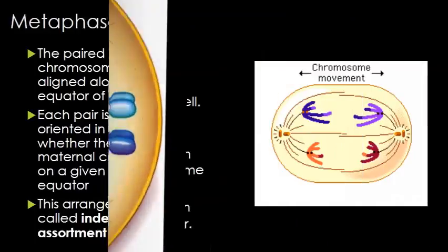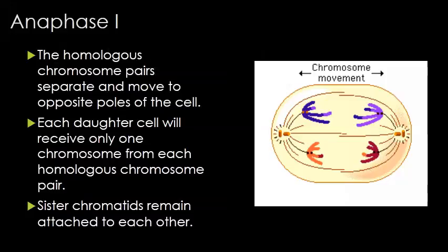reproduction. In anaphase 1, the homologous chromosome pairs are going to separate and move to opposite poles of the cell. This isn't like anaphase in mitosis where the sister chromatids separate. This is the homologous pairs separating from the tetrad. So each daughter cell will receive only one chromosome from each homologous pair. Now, the actual movement process occurs exactly the same way as it does in mitosis with motor proteins and kinetochores